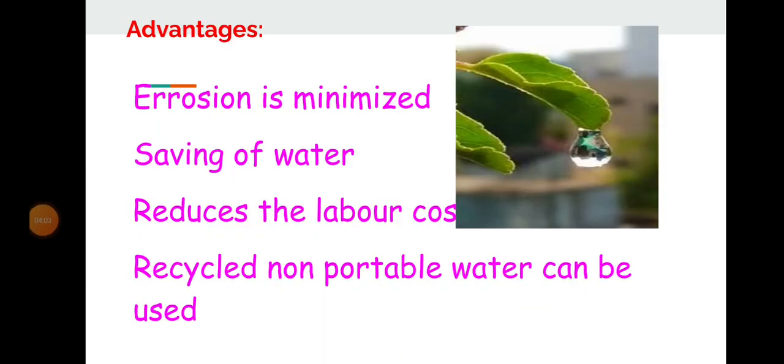And we are coming to the advantages of the drip irrigation system. The advantages are that erosion is minimized, saving of irrigation water is done, it is suitable for difficult land terrains, and fertilizer and nutrition loss is minimized. Next, it reduces the labor cost. Then it can use recycled non-potable water. And do you all know where we get recycled water? It basically comes from municipal wastewater. It is utilized for this system. In this way we are saving water.